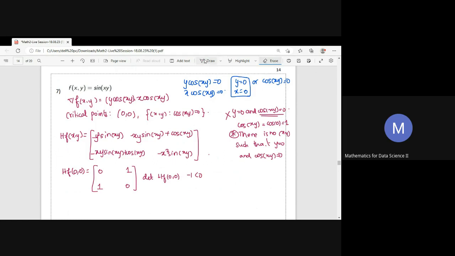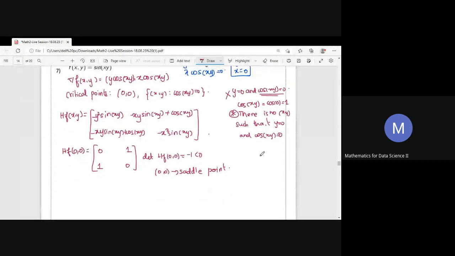So what can you say about the point 0, 0? Saddle point. Okay, 0, 0 is a saddle point. All right. Now, what about the next case, the set of x comma y for which